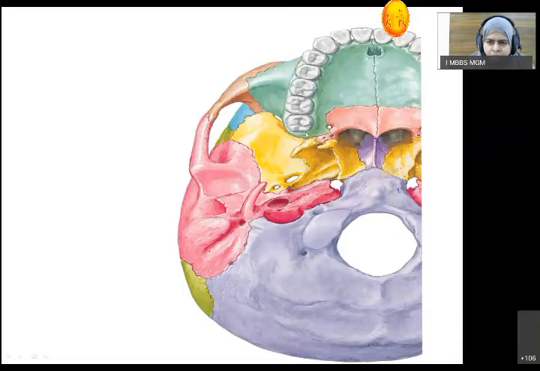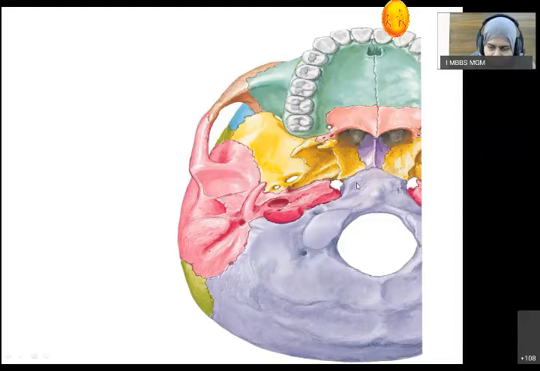The area between the transverse line passing through the posterior nasal spine and the imaginary line passing through the anterior part of the foramen magnum is the middle portion, and the remaining portion including the foramen magnum is the posterior portion. So for study purposes, norma basalis is divided into anterior, middle and posterior parts. We have discussed the anterior and middle parts last time. Now we'll discuss the remaining posterior part.